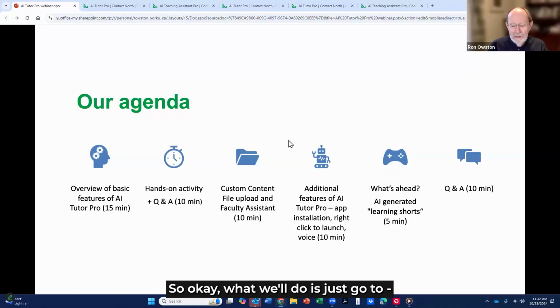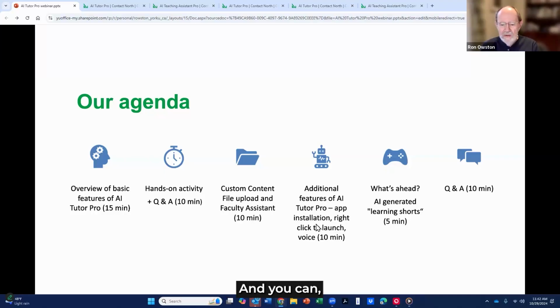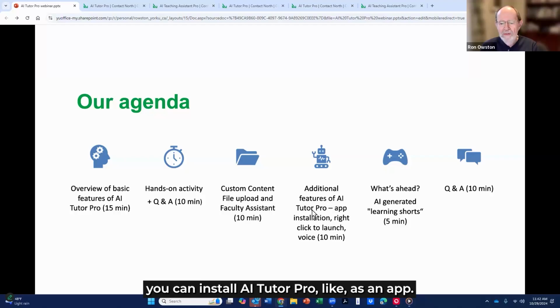So okay, what we'll do is just go to. We've got time for some more questions at the end, but I just want to show you a couple of features. Many of our users have mobile devices, of course, tablets and smartphones, and you can install AI Tutor Pro